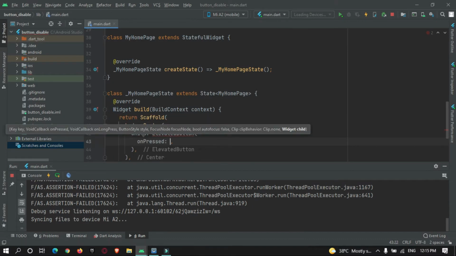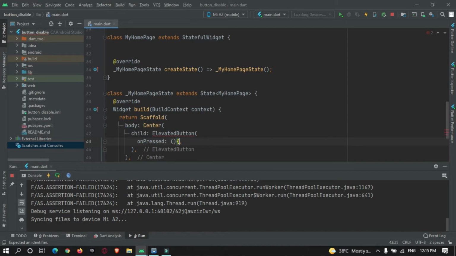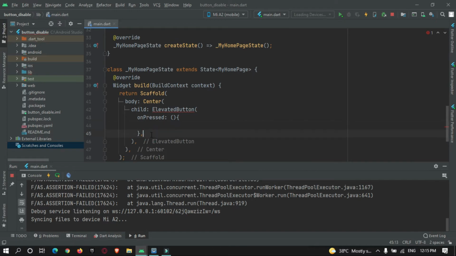The ElevatedButton should have an onPressed property, and it should also have a child to show a Text widget, or a text on the button. For now I will just use "click".